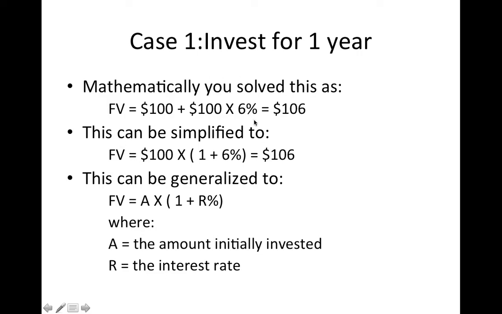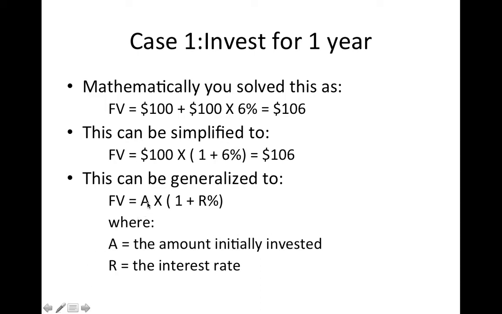And so algebraically, because we have the two hundreds in there, we can take them to the outside. This becomes 100 times 1 plus 6%. It's $106. Still makes sense. So 1.06 times 100 is 106. And this formula, we can do what we call generalizing it. Generalizing it is to turn it into variables so that we can plug in different amounts. And so we would generalize it by first saying, oh, the $100, we'll call that A. And I'm just picking that. Somebody else might call it something else.